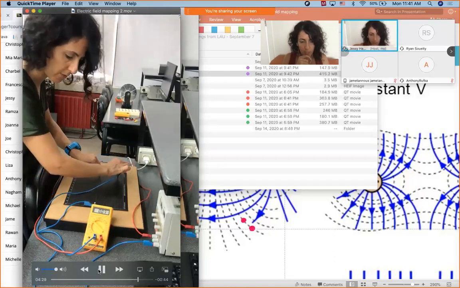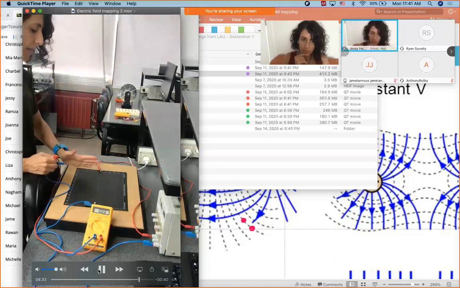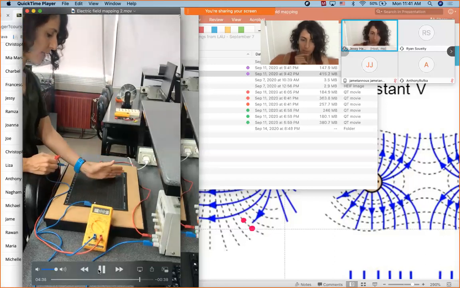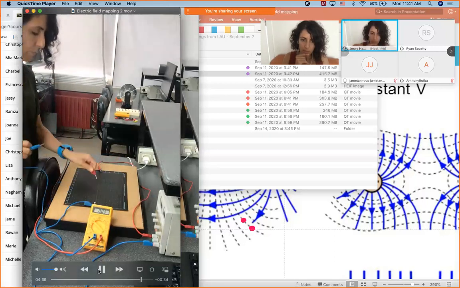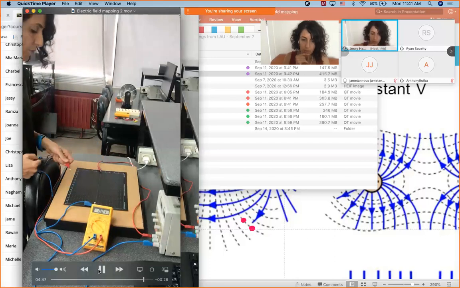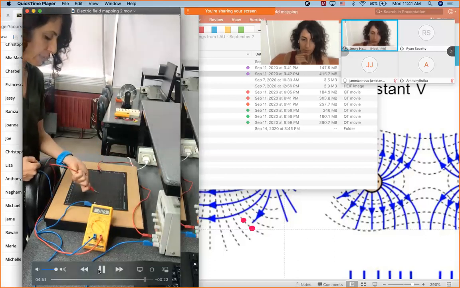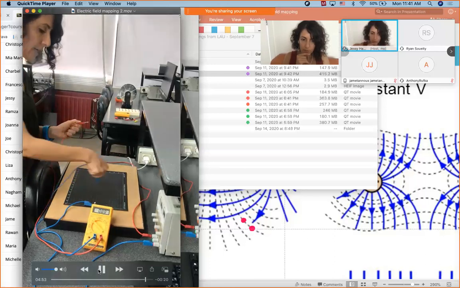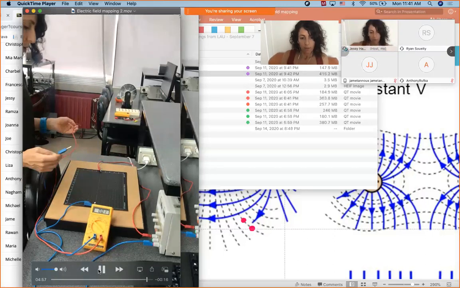Okay, you see the fluctuation to get a 0 value, which means my line will end up being curved as I get closer to the source. So I move my reference 1 centimeter at a time, and my blue terminal up and down to find the 0 values for the potential difference. Then I would move my reference 1 centimeter at a time to the right side and be able to find the different values. So that's it.